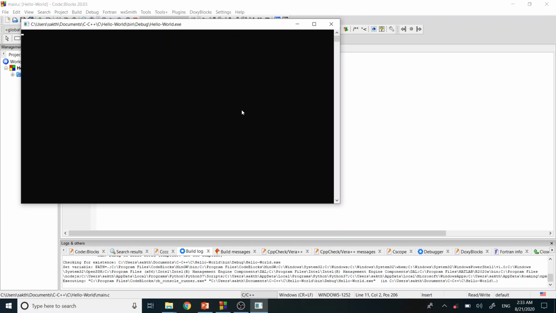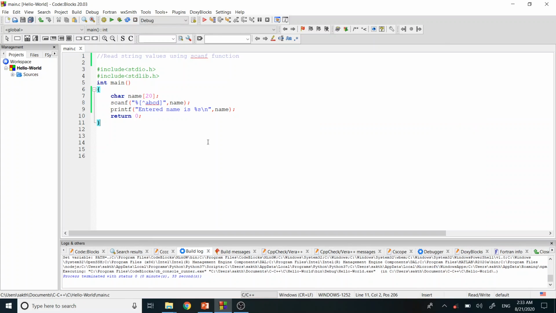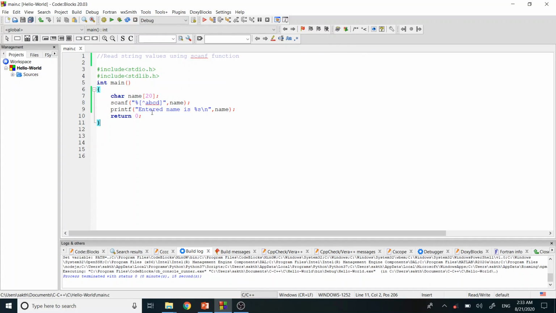So now if I type Shakti here, S-A-K-T-H-I, it prints only 'S', because 'A' is present in this set, so it stopped reading here. If I use another name, like missile, with the C, and I type it here, it will print the value till 'mis' because C is present in the set. So it will not read the characters further beyond it. So that's what the cap symbol does with ABCD.